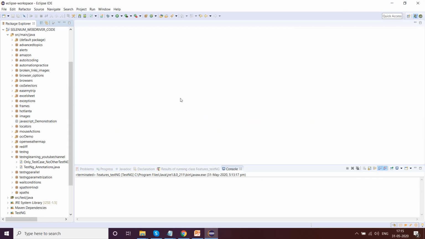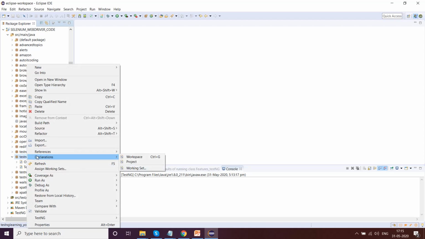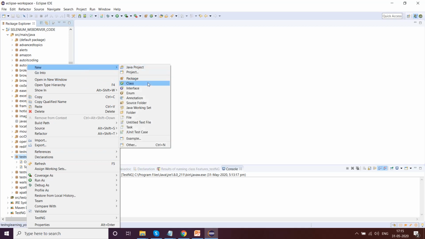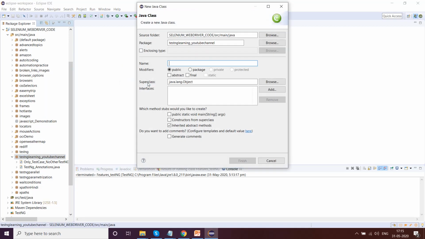Actually run those test cases only. We are not talking about different annotations, so we'll learn what are the different techniques to prioritize only running the test cases. Okay, so let's go ahead and make a class and we will write about priority for test cases. Basically for the purpose of execution, we are trying to prioritize test cases.